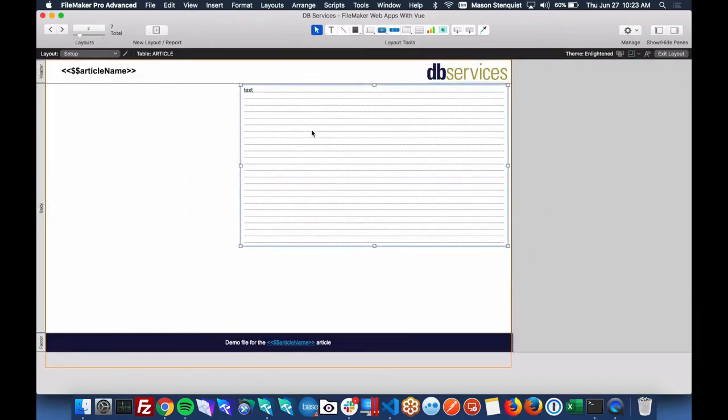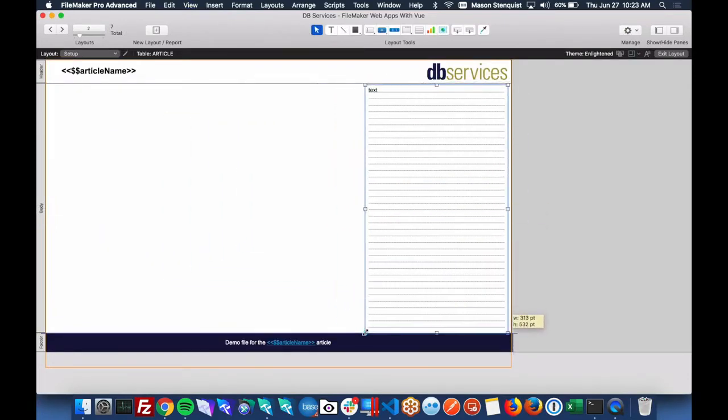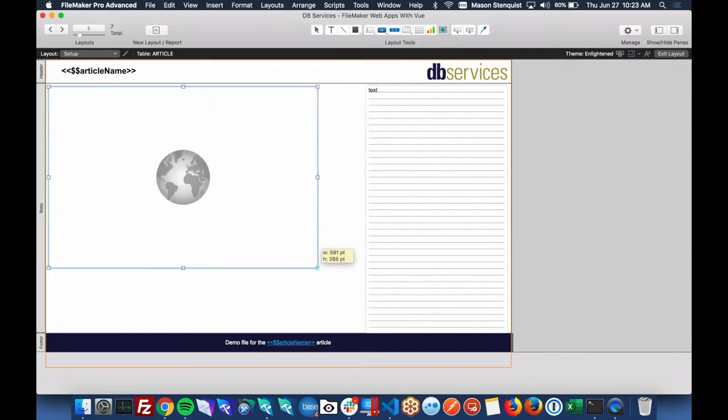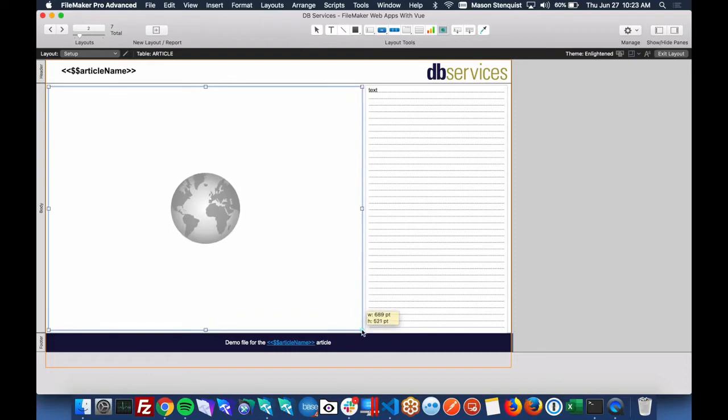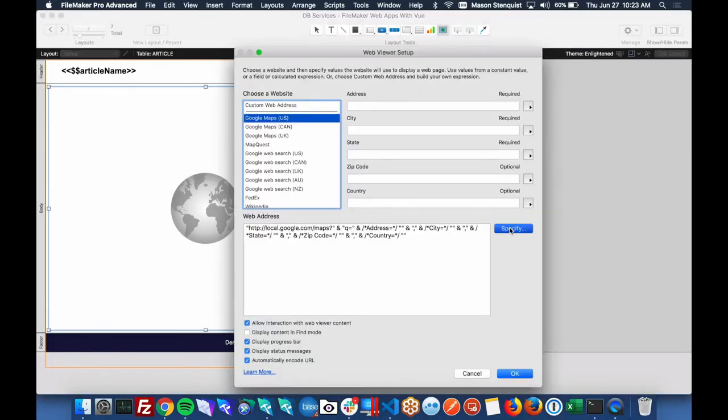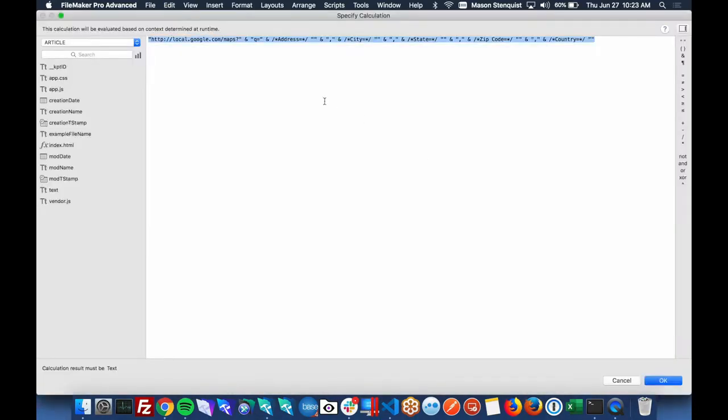We now have our index HTML set up. So let's just move that off to the side and bring in our web viewer. All right. So we do need to do a little trick to get it to work in FileMaker. You have to do data:text/HTML, comma, and then we can pull in our index HTML.